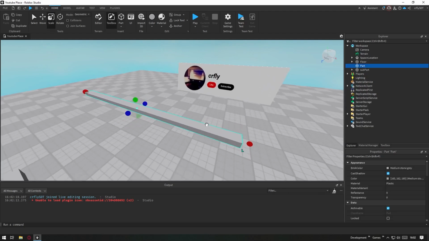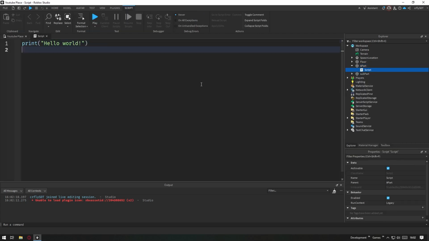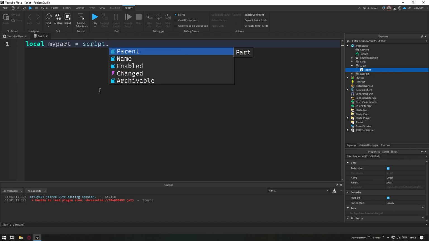Let's create a part in the workspace. You can name it whatever you like. Then add a script into your part. Open the script and define our part as script.Parent, because the parent of our script is the part. Let's write